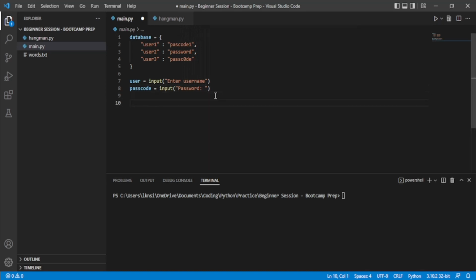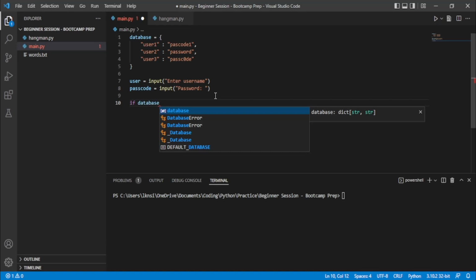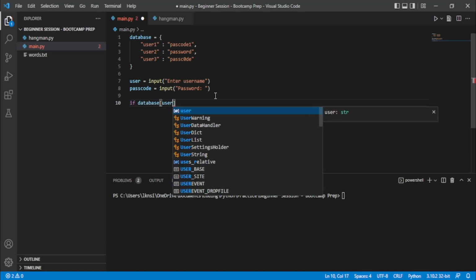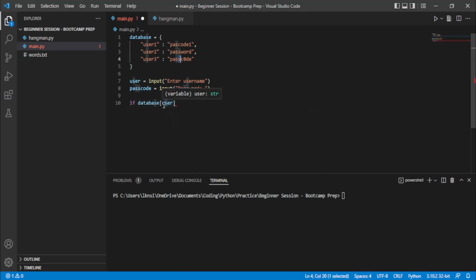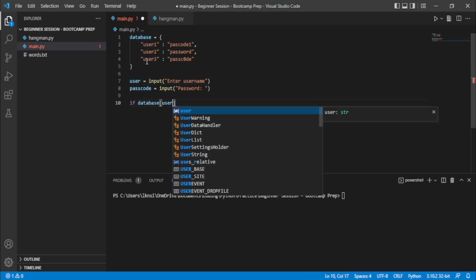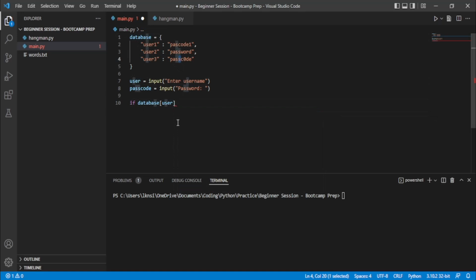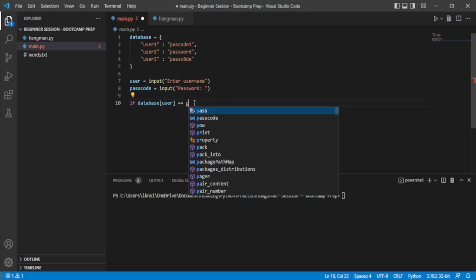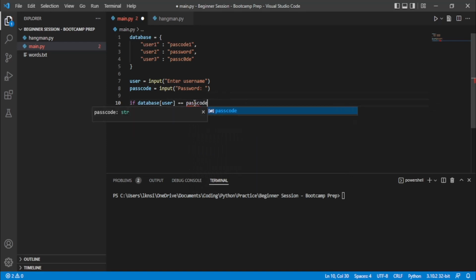And then what we could do is say if database[user], and what this is going to do is it's going to take the username that we received and then go into the database and look up the username's passcode. So we could say if database[user], if the passcode returned by this is equivalent to the passcode that the user entered,